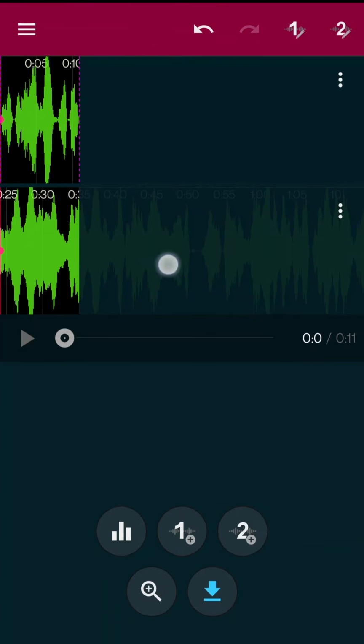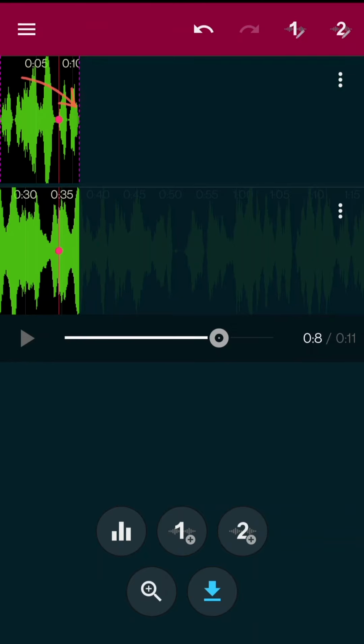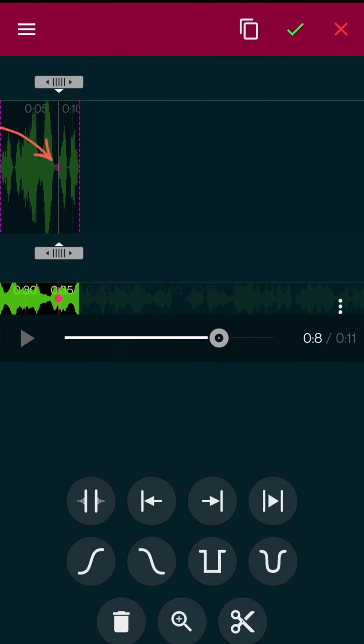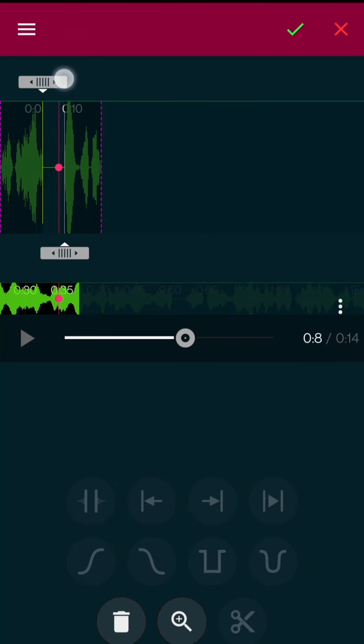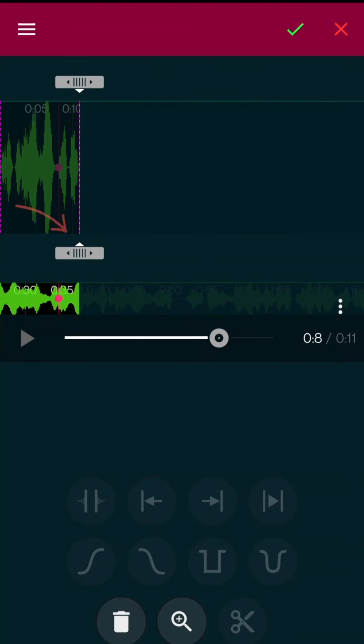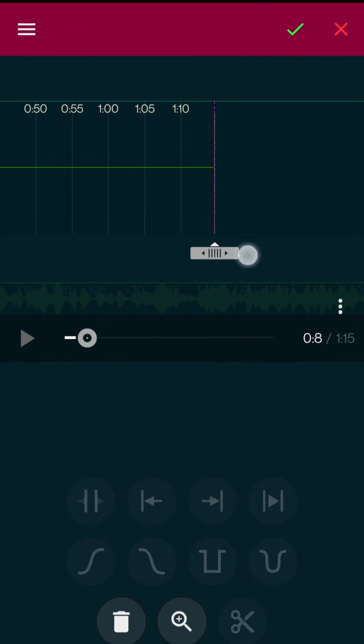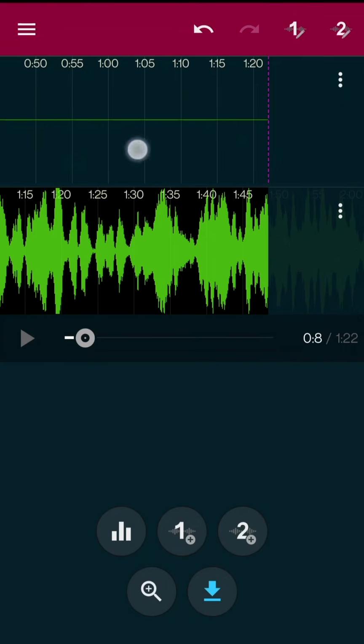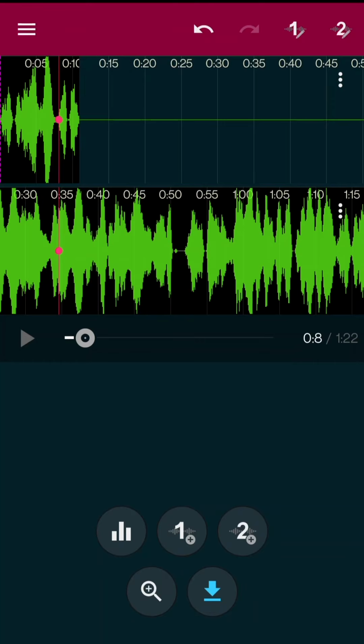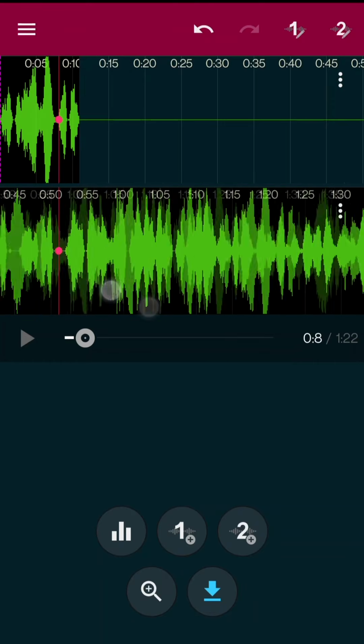To do this, we will add a splitter at the end of it. We move the markers toward the end and drag the right marker until we get the duration we want. We are going to set it to a minute or so. If necessary, we can readjust it later. Now we are going to extract the pieces we need from track 2.